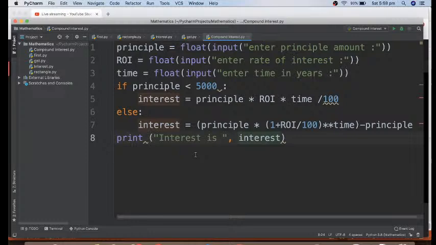Can you also write here simple if principal is less than 5,000, then simple interest is equal to this, else compound interest is equal to this? Yeah, very good question. I'll show you what happens in that case. Like if I'm going to run this right now,